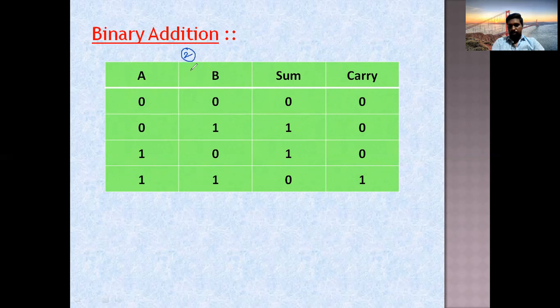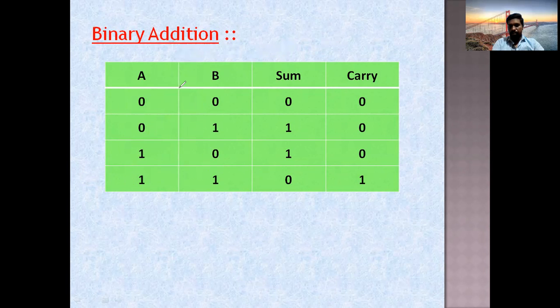So suppose we have 2 bits, then what are the combinations you will have for n number of bits? You will have 2 power n combinations. Okay, remember that for n number of bits, you will have 2 power n combinations. So for 2 bits, you will have 4 combinations. What are those? When both inputs are 0, when the first input is 0 and second input is 1, when the first input is 1 and second input is 0, and both inputs are 1. These are the 4 different combinations you come across when you have 2 input bits.